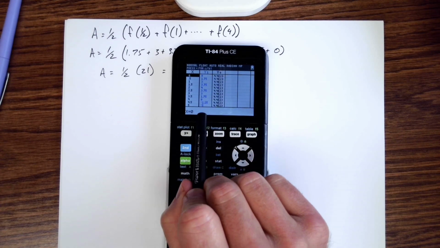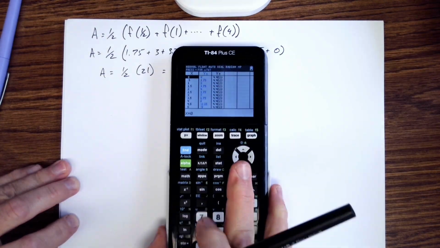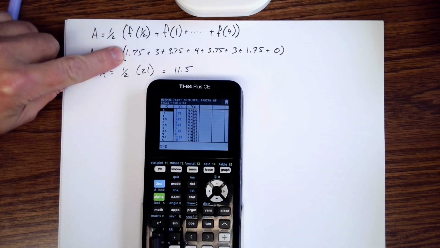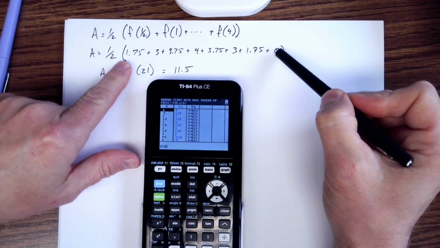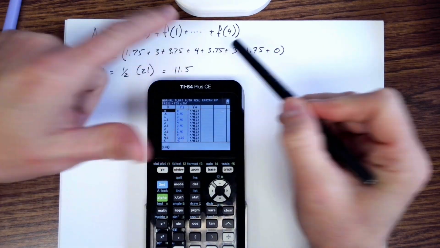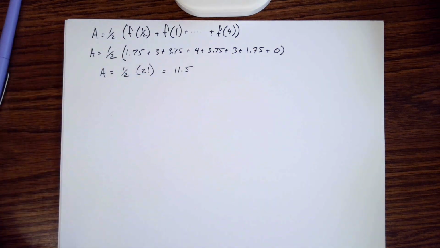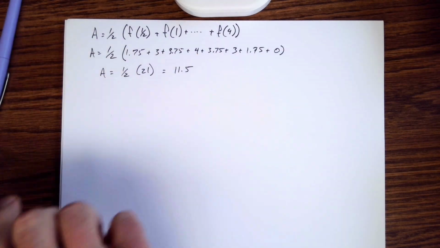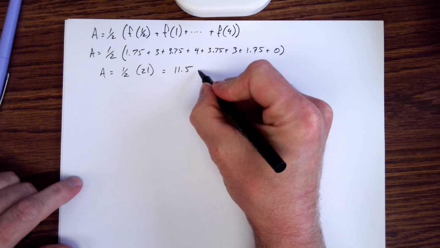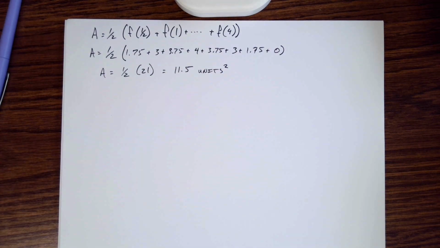Well, what do these values mean? These are the individual heights, right? So f of 1/2 is 1.75, f of 1 is 3, and on down the line. And it is a parabola, so it is symmetrical, like we would expect it to be. I add those values together, and I get 21. Half of 21 is 11.5, and this is the area, 11.5 units squared,